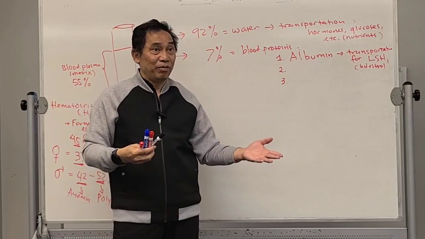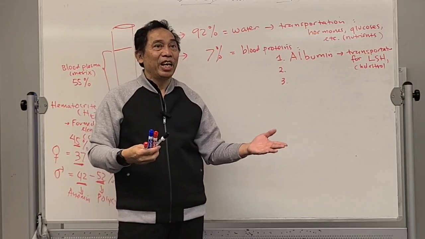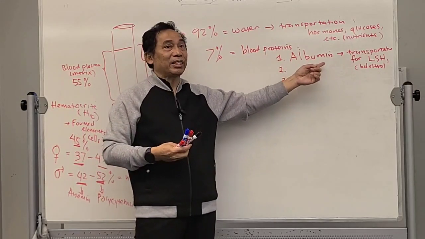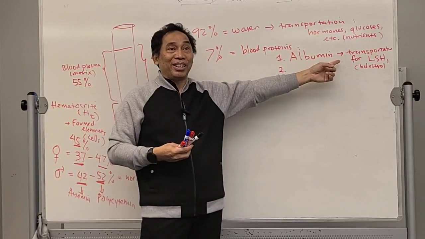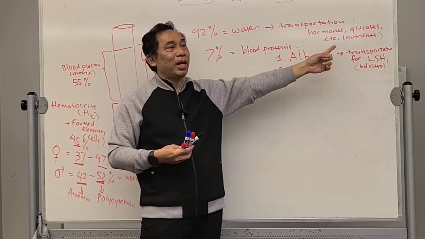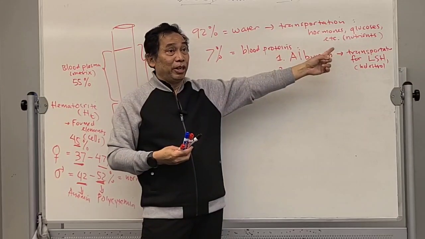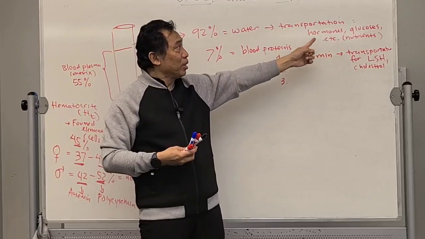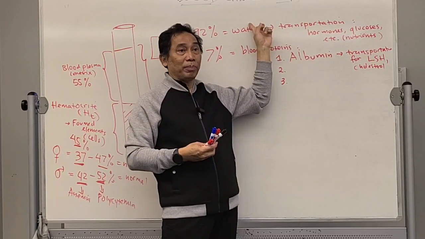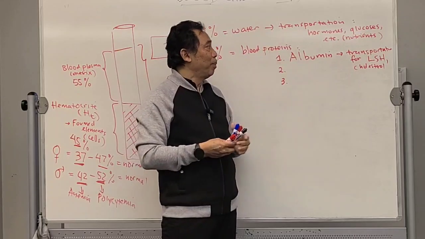They need vehicles, they need the lipoprotein. So albumin will serve as that transporter for the lipid soluble hormone, cholesterol, or some other lipids. You get this one? The one that dissolves in water will be transported in the water part of this blood